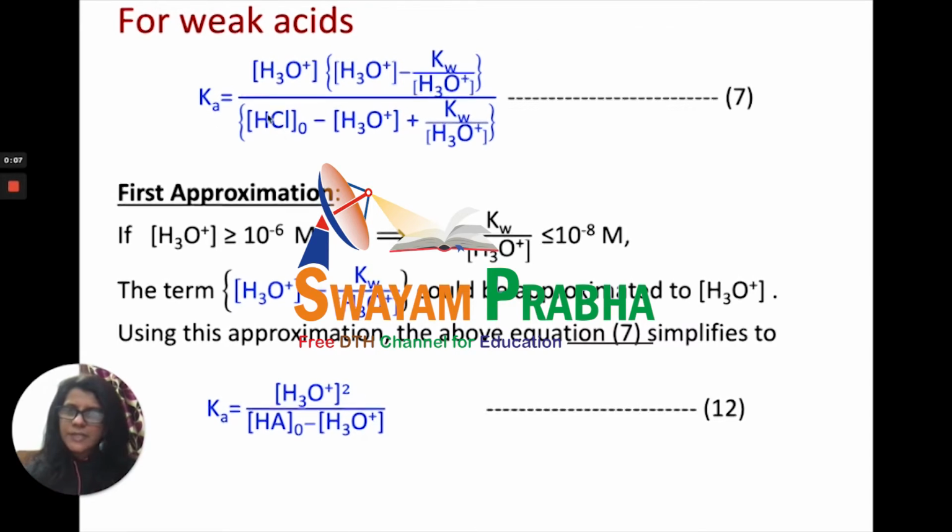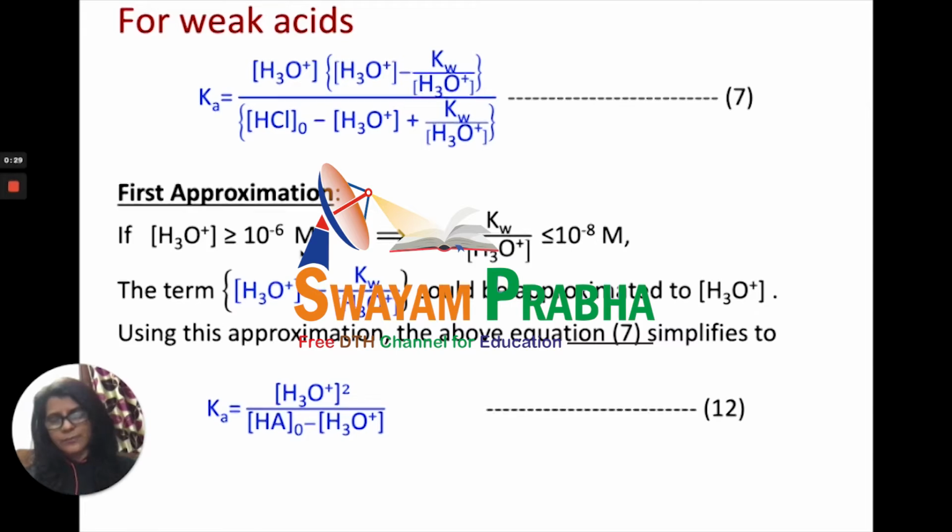This is the expression that we had to obtain for monoprotic acid. Now we are going to apply this expression for weak acids. But before we do that, we need to apply certain approximations to get an expression for weak acid. The first approximation that we will apply is if the H3O plus concentration is greater than 10 to the power